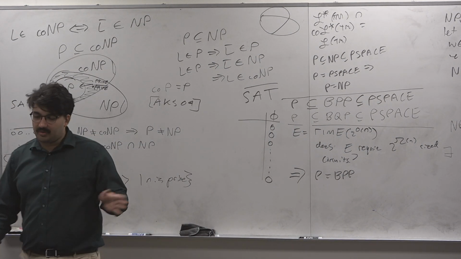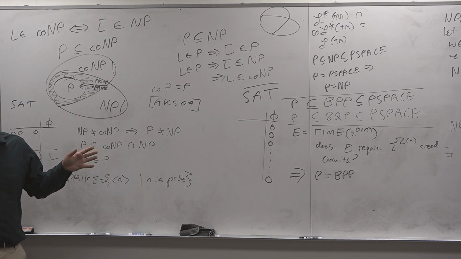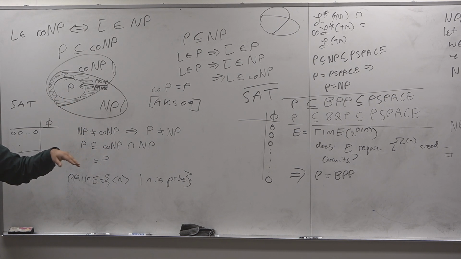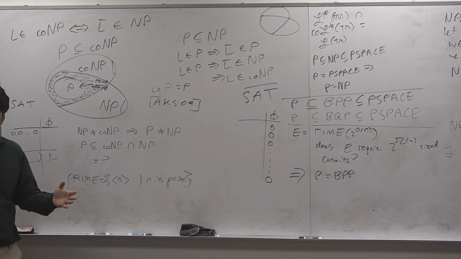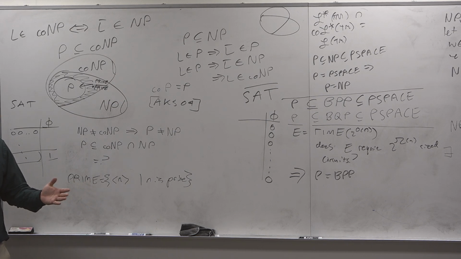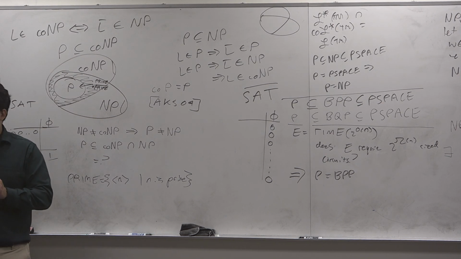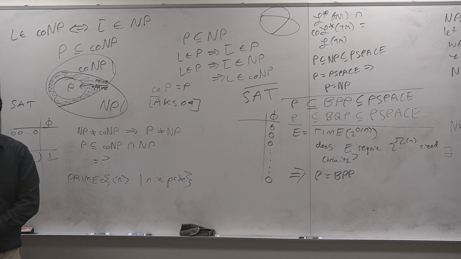The relationship between BQP and NP is difficult, so I won't mention it. But basically, do these things work? We have no idea. And that's true for any possible problem you can ask. So the P versus NP question actually has nothing to do with P and NP. It's about randomness, it's about quantum computing, it's about space complexity, it's about hash functions, it's about cryptography, it's about proofs, it's about so many other things that are completely unrelated, but somehow